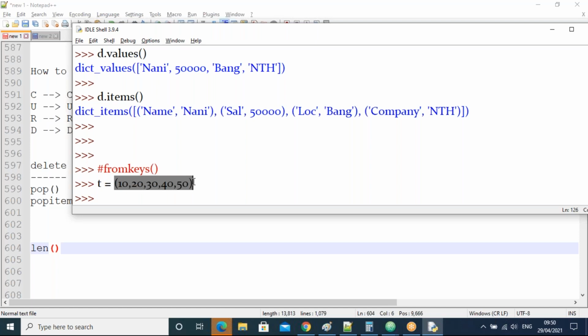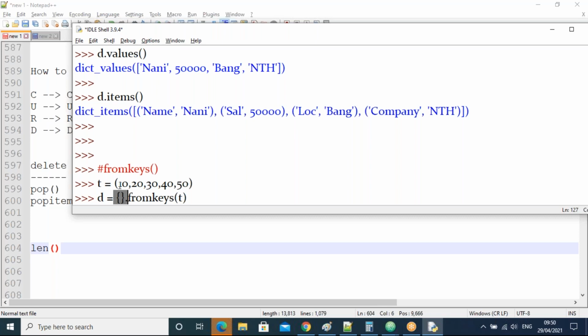These are all elements. I want to use them as keys in the new dictionary, guys. These elements I'm going to get as keys in the dictionary. Now I'll take some empty dictionary, guys. In this dictionary, I'm going to use the fromkeys function. Right, guys? fromkeys of which one? Of t, guys. Currently, what do we have? An empty dictionary is there. I'm taking fromkeys of t. From t, I'm getting the keys for the dictionary.